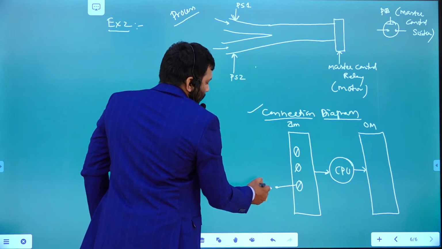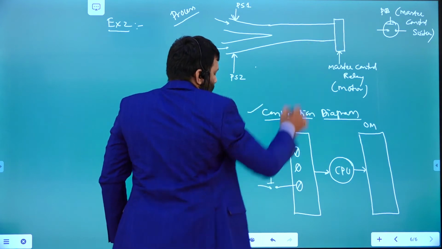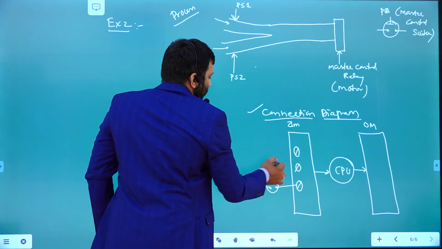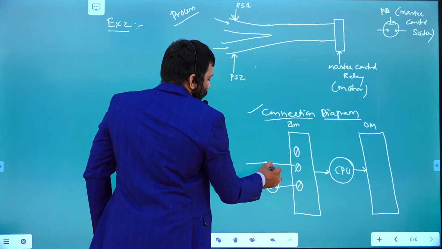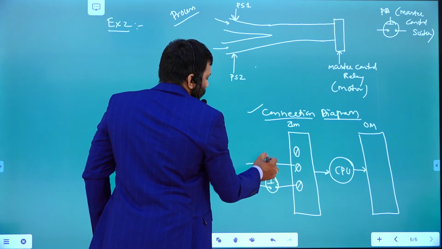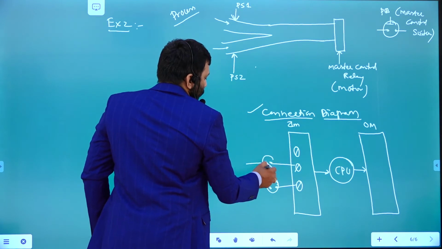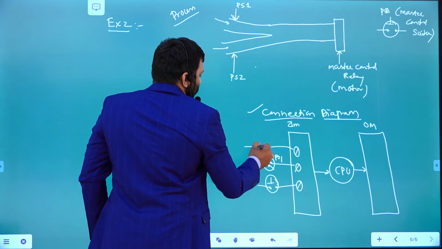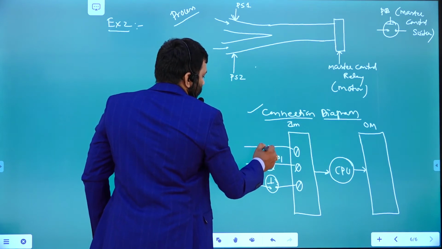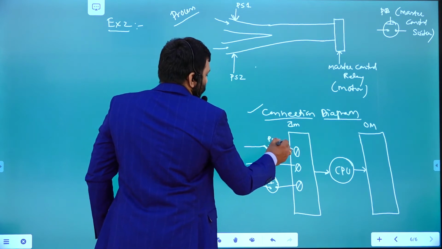proximity sensors, right? So this is push button 1, you are going to connect it, and this one is proximity sensor 1, right? This one is going to be connected to proximity sensor 2 as well.